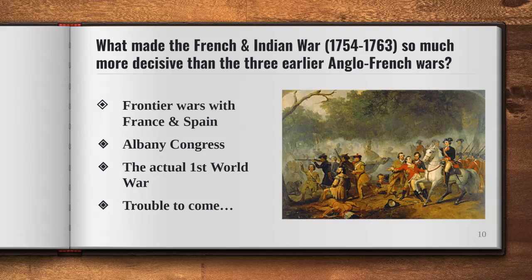In an effort to address native grievances and promote colonial unity, the British organized a meeting in Albany where Benjamin Franklin presented his Albany Plan of Union. However, the plan, which called for centralized command, was rejected by all the colonies, as they still saw themselves as too different to unite. The French and Indian War,